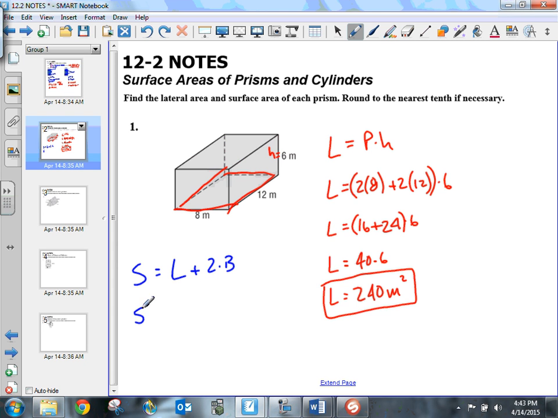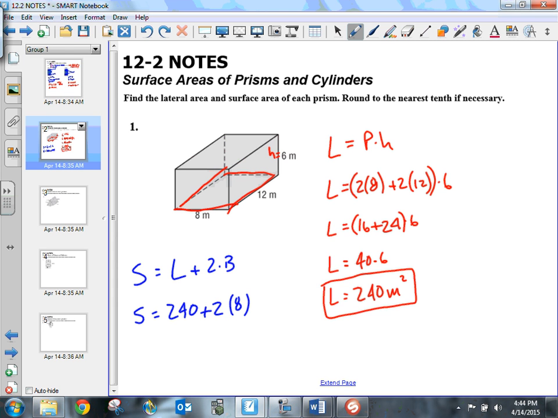So my surface area, and I already know my lateral area. That's 240. So we don't really need to do any more work. That's why we find both the lateral area and the surface area, because I have to use the lateral area to find my surface area, and I'm going to do 2 times the area of the base, which is